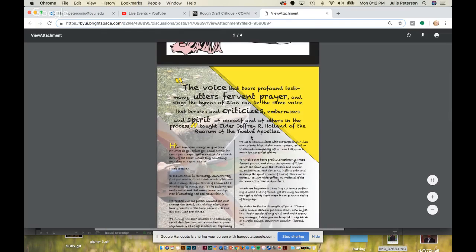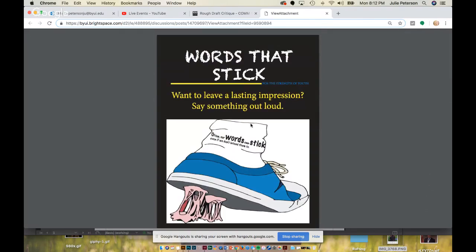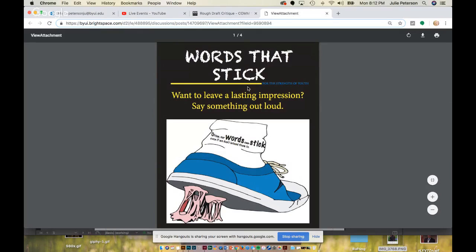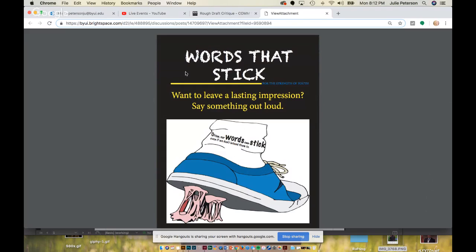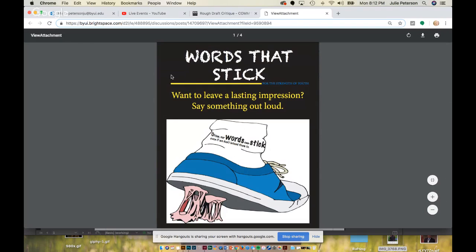So let's kind of dissect this. We'll start with the first part. I do like that you're contrasting your type. I love this. This little line and then for the strength of the youth. That's so cool. That's a cool design element that you have there. But the hard part is this is getting distracted by everything else that's going on here. So how can we simplify this? Words that stick. What if this was one line like this? I don't feel like you need to break this up into 2 lines. Have this one line all the way across here, aligned on the right side and the left side.